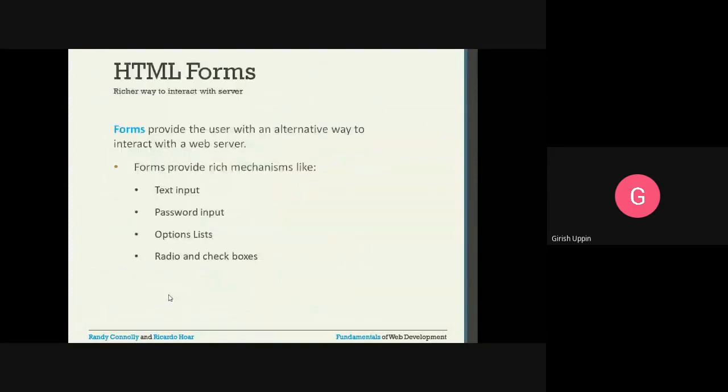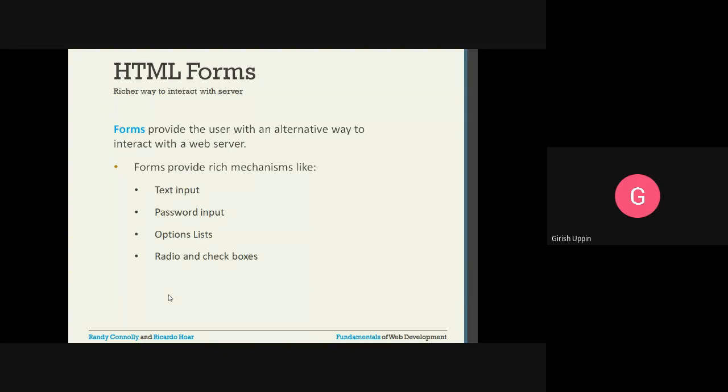Next, introducing forms. So the first thing is, what is a form? What we have seen so far is styling. First we saw all the HTML elements, then how they can be painted, or how we can style them on the web browser. Now the third thing is if we want to interact with the web browser. All the applications or examples until now, what we saw is just that we are displaying some kind of information, right?